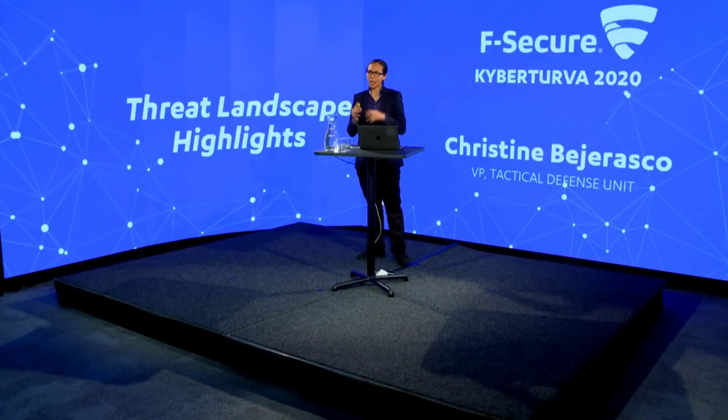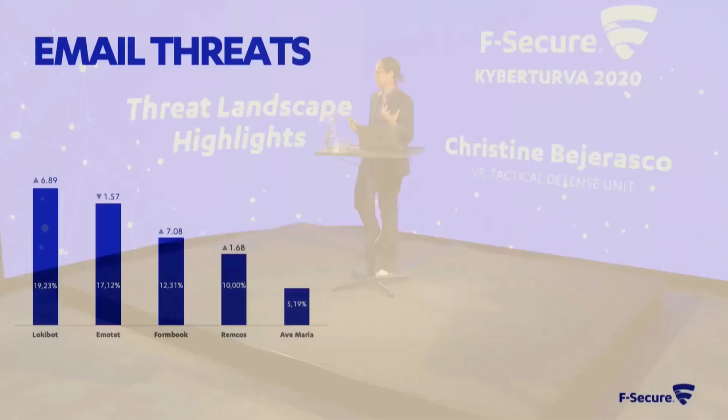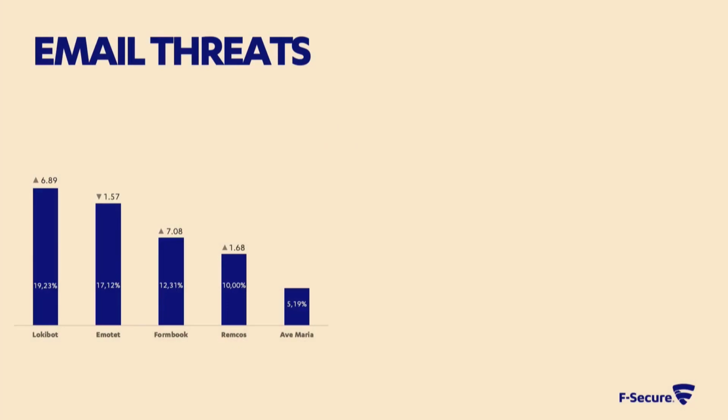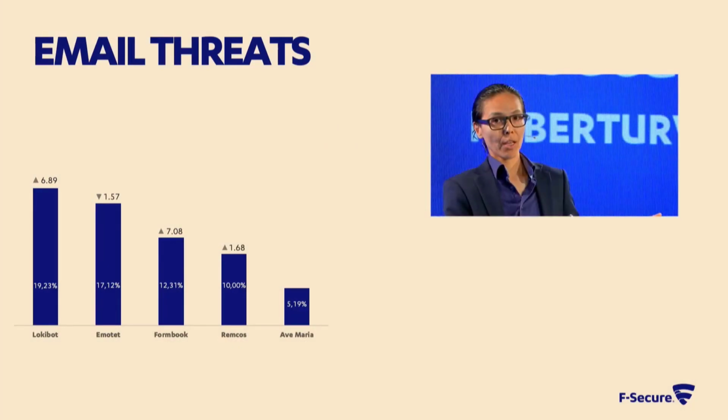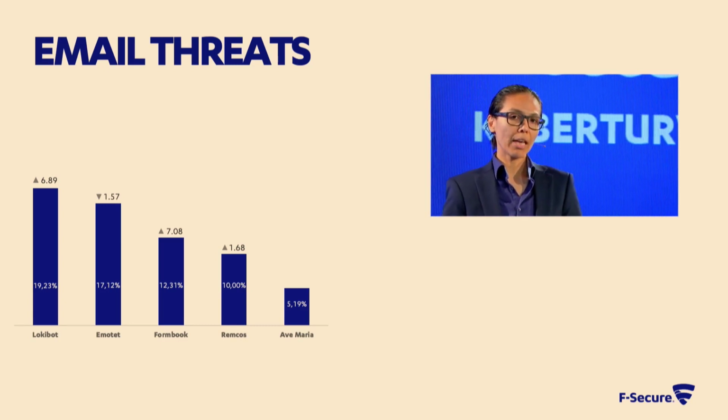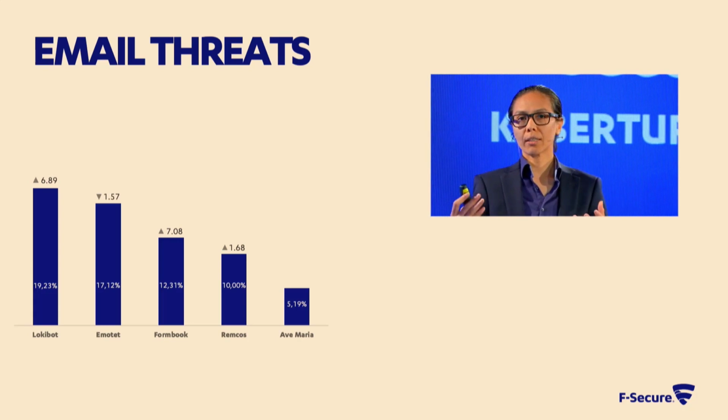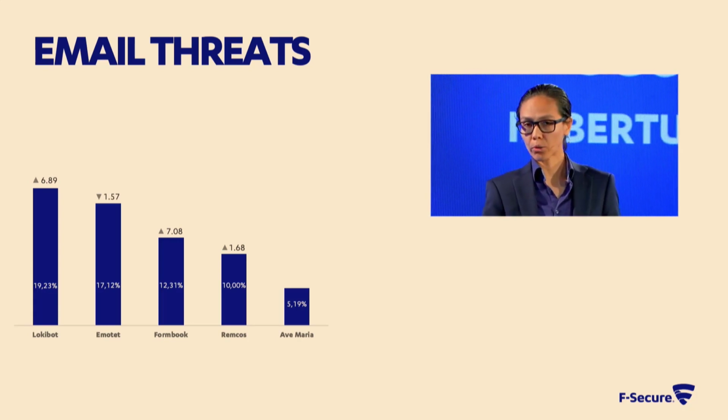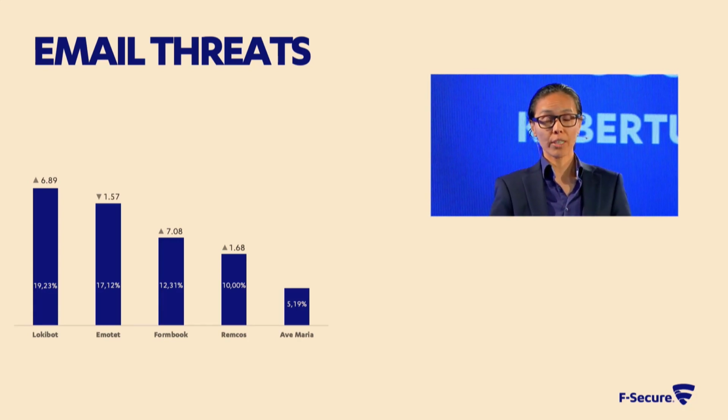Now, let's take a closer look at the top 5 threats that are coming in via emails today. The first one that we can see here is Lockybot, which is an info stealer. Now, Lockybot is not very new, but it has been rising in popularity as well. Lockybot is able to get your passwords from the browsers, log keystrokes, for instance, and then also steal cryptocurrency